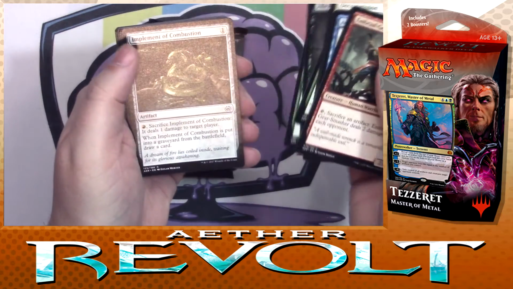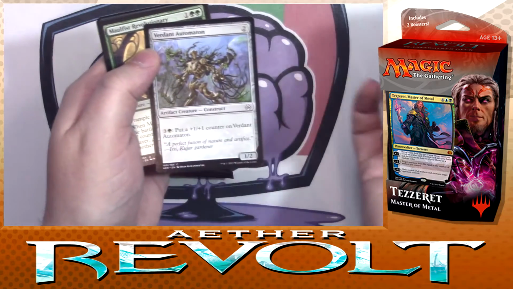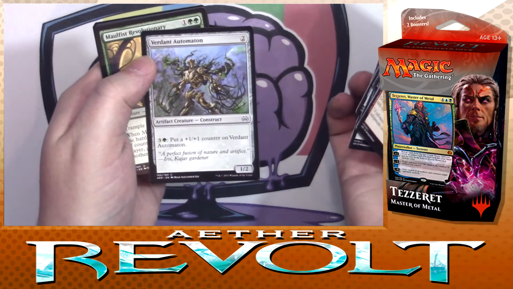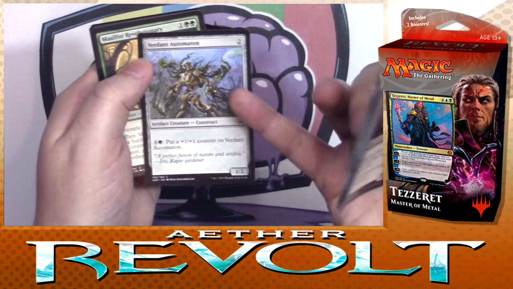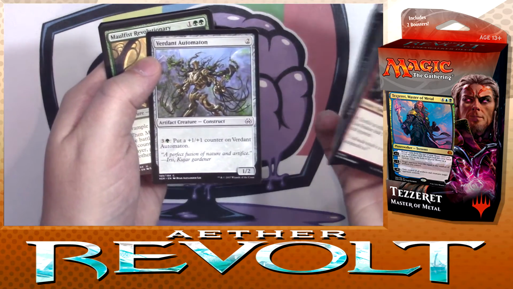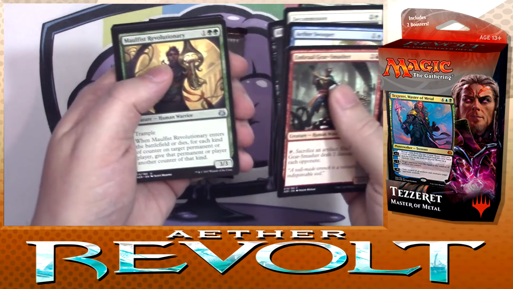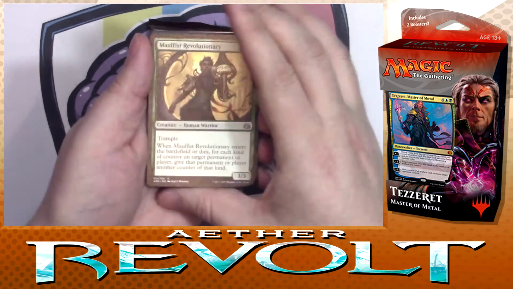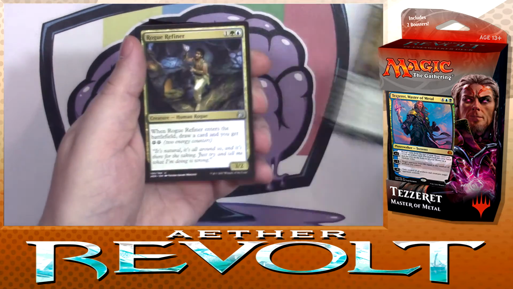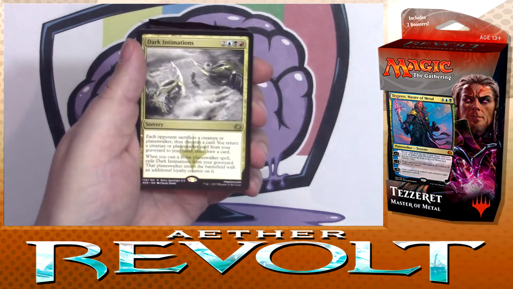Alley Strangler. I'll read off the uncommons and then read the full rare. The Verdant Automaton. Automaton, right? That's the correct pronunciation? Whatever. Anyways, this was another card which was an MVP in the pre-release deck that I built. And after a while, people really wanted to get rid of this card fairly quickly after it hit the battlefield, especially if it's late in the game where they know you have a lot of disposable mana that you can use on it. Our first uncommon is Malfist Revolutionary, Rogue Refiner, Hungry Flames, and